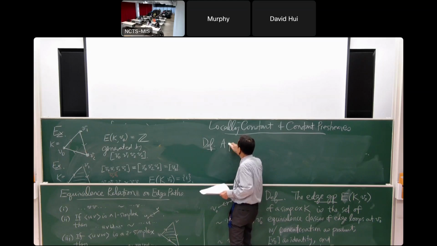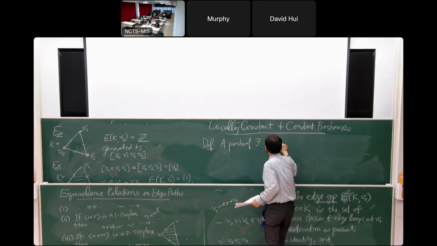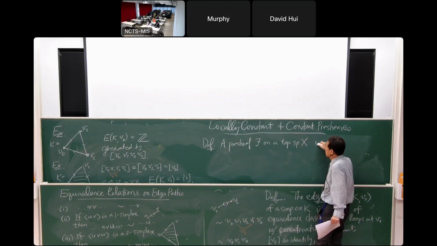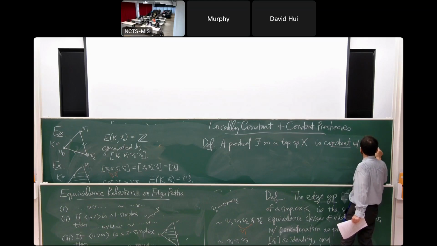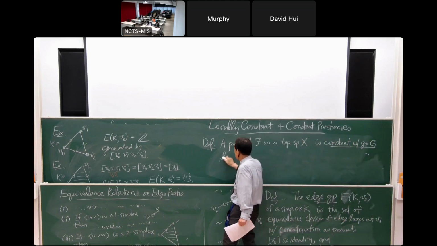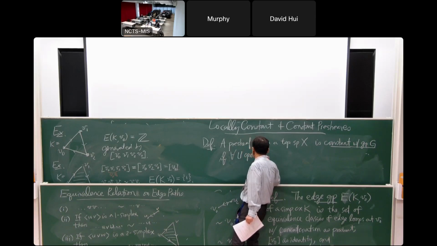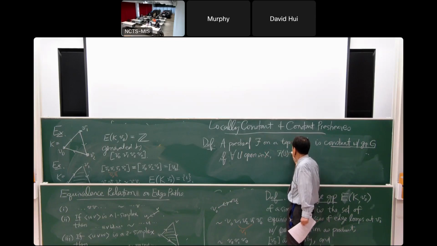So a pre-sheaf F on a topological space X is constant with group G if for every open set U in X, F of U is G,